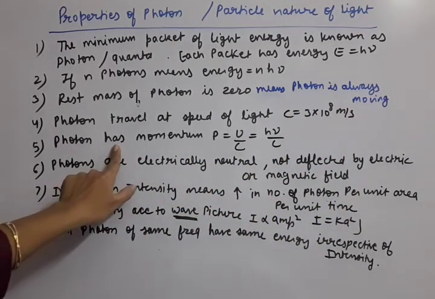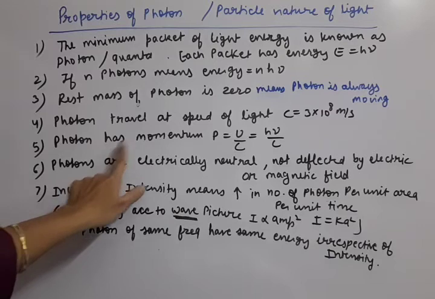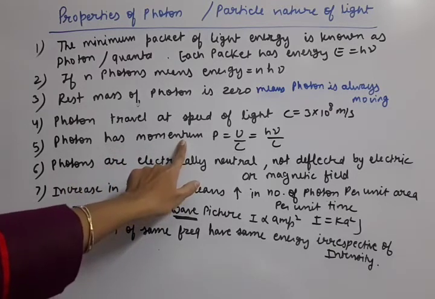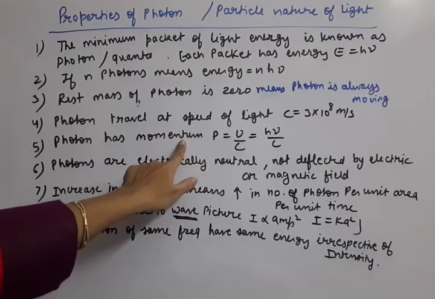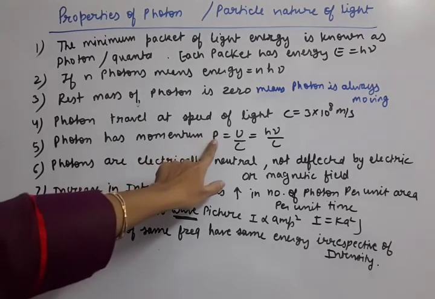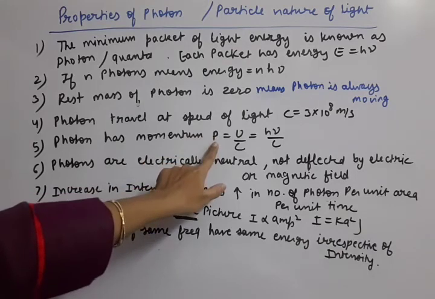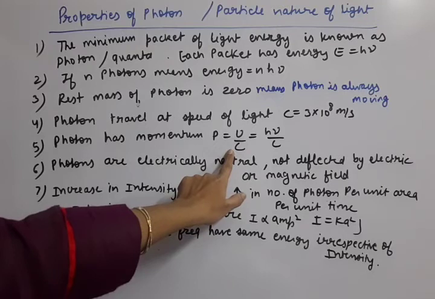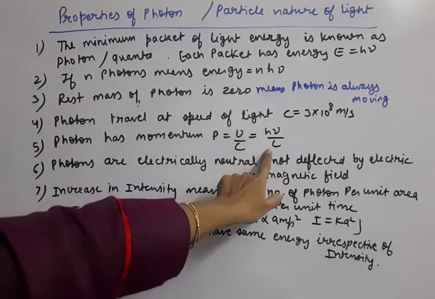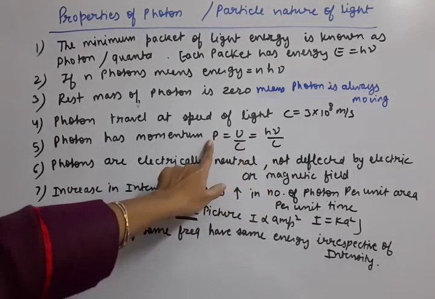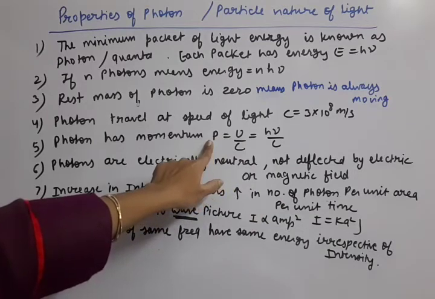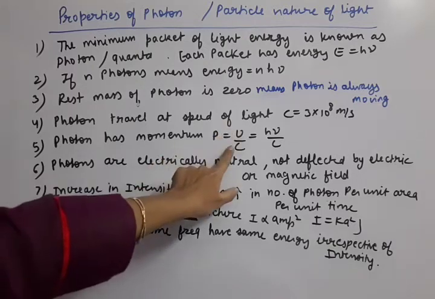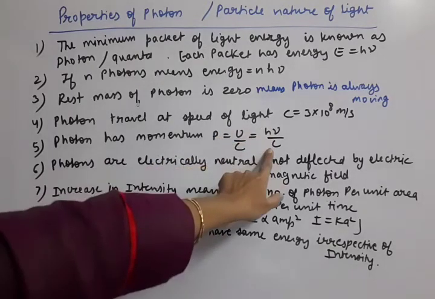Then if it is moving, it should have momentum also. Now the photon's momentum formula is not mv, because for mass we cannot say which mass to put. You need to remember it in an easier manner. Photon's momentum is energy by c. Energy means h nu, so momentum is h nu upon c. This is the same formula we use for all EM waves, so here the photon's momentum is also the same: E by c, or h nu by c.